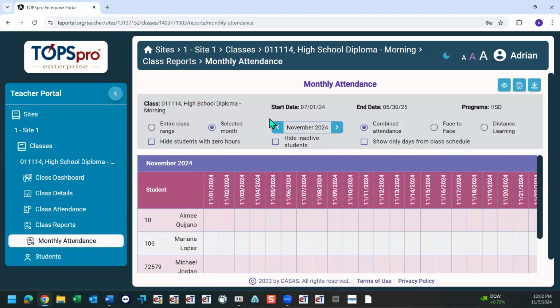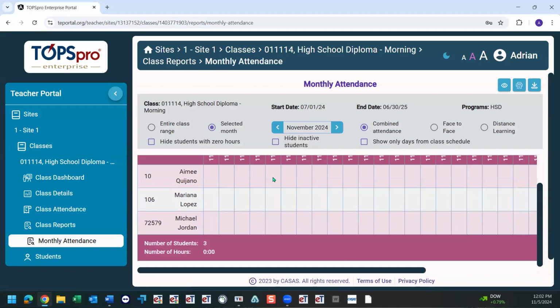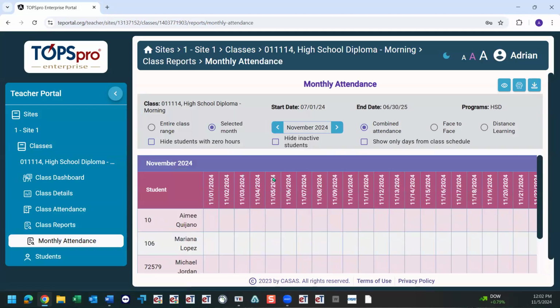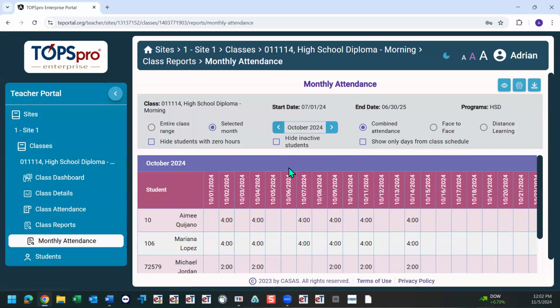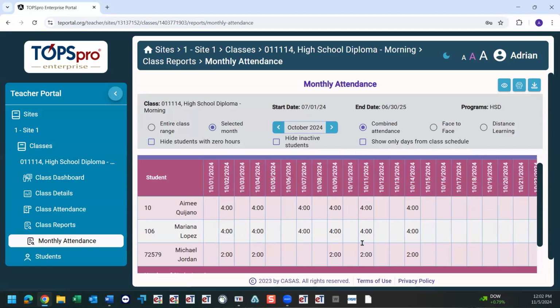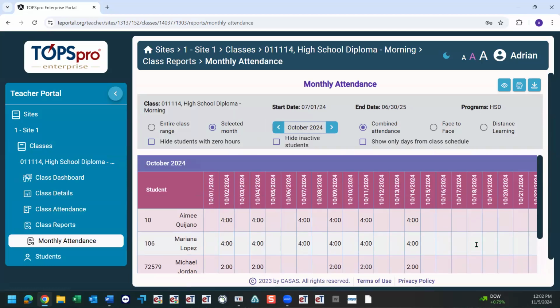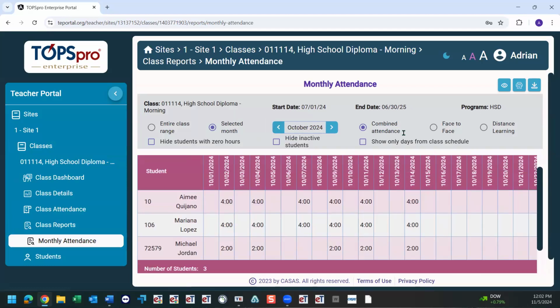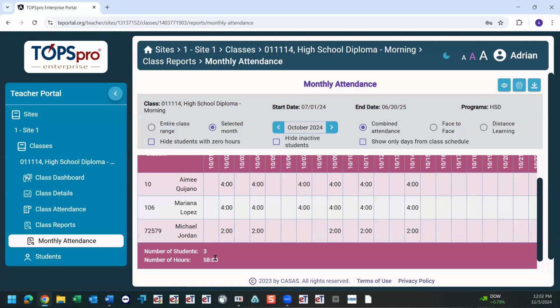Click here. Okay, I can see for November, so far we're not doing very good. It is early, but there's no attendance. If I go back to October, oh, October looks better. I can see that all of our students attended the days they were supposed to. We had a good turnout and our number of hours was 58 for 3 students. So that's a good report to have if you're looking for attendance data, progression, and those lows and peaks for